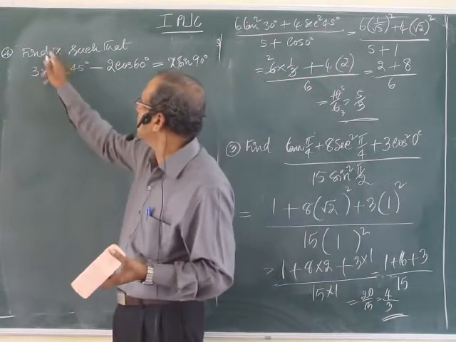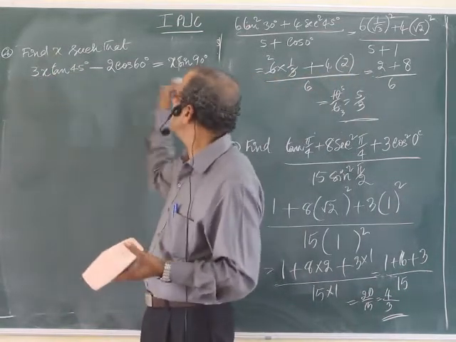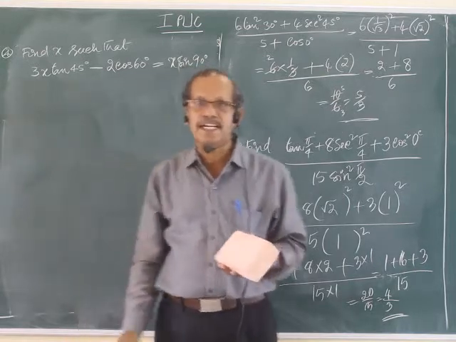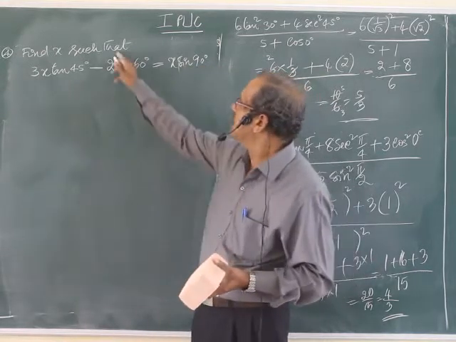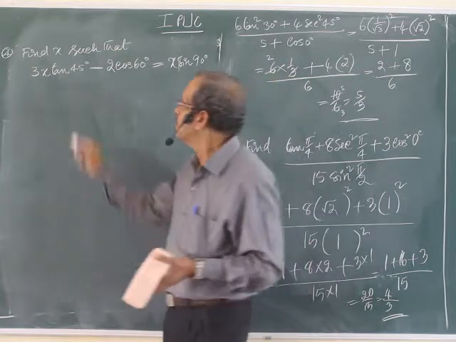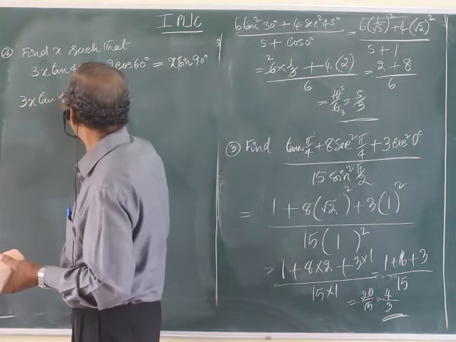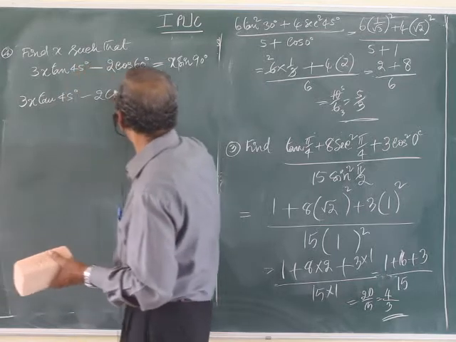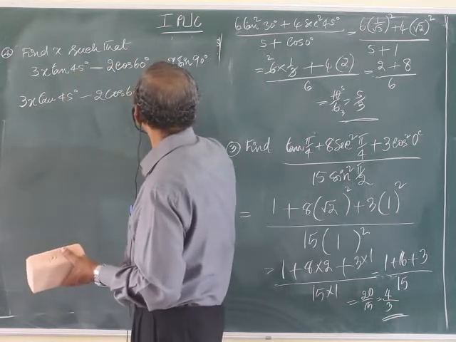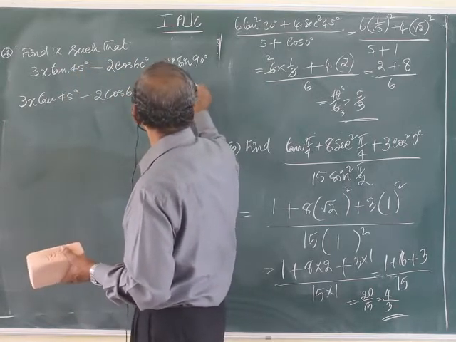Equation means there is an unknown, x, and the remaining things are, you know that, trigonometric ratios. The question is to find x. Okay, let me continue this. 3x tan 45 minus 2 cos 60 degree equal to x into sin 90 equal to